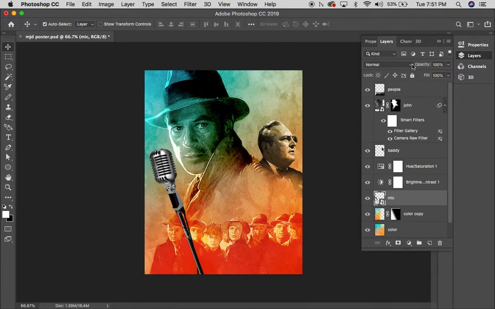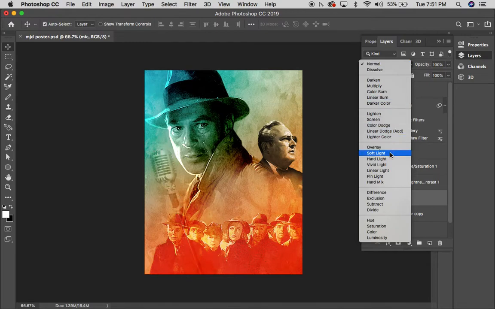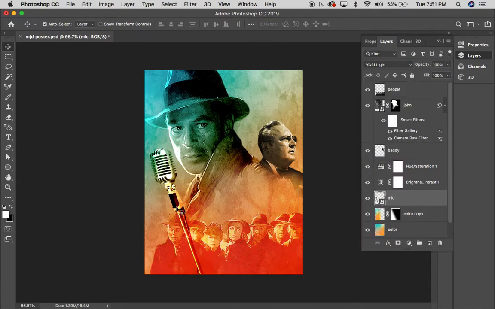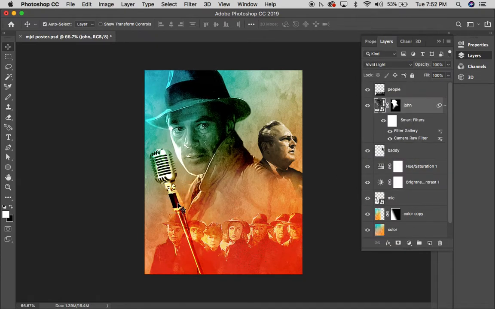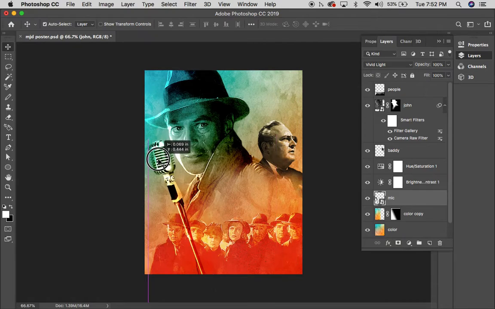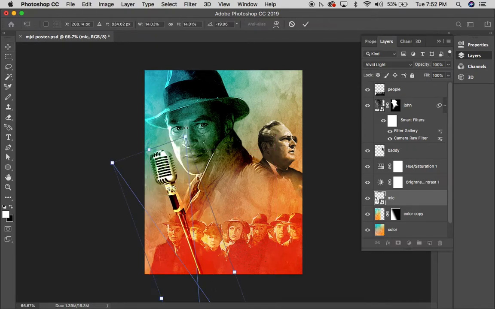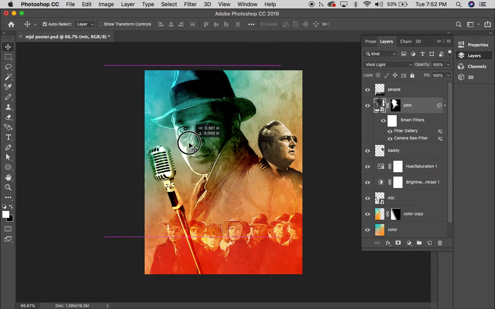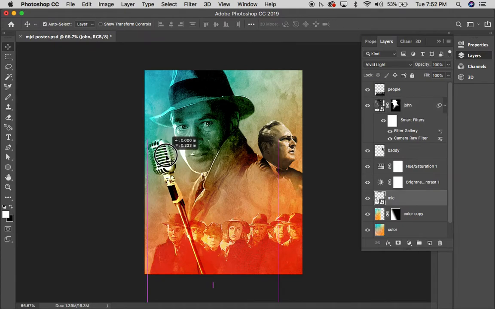And I want to let it have sort of that translucent effect. So maybe that hard light or vivid light might work nice. This is bothering me how it's interfering with these people. So what I can do is just that. A little bit bigger, Command T. There we are. I don't like how that overlaps there, so I can go to that layer with the microphone,